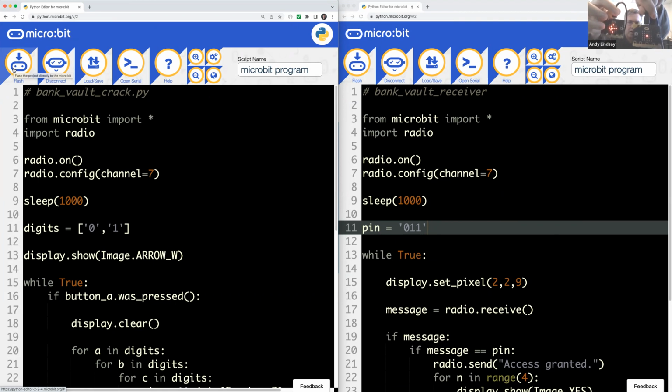And so that arrow is telling you to press a button to start the brute force attack. It's telling you to press the button A. And so when I press the button A,